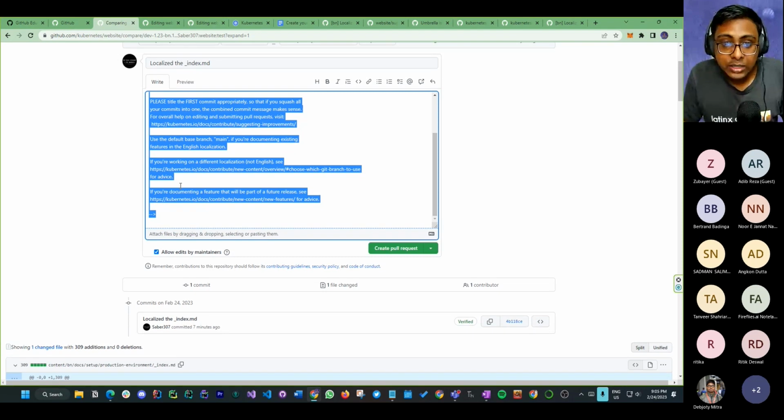So I think I have talked for almost 1 hour about what Kubernetes is, where it is used, how you can contribute, and what the best practices are, what you shouldn't do, right? So that was it for me, as a demo purpose. I'm now going to stop the sharing.